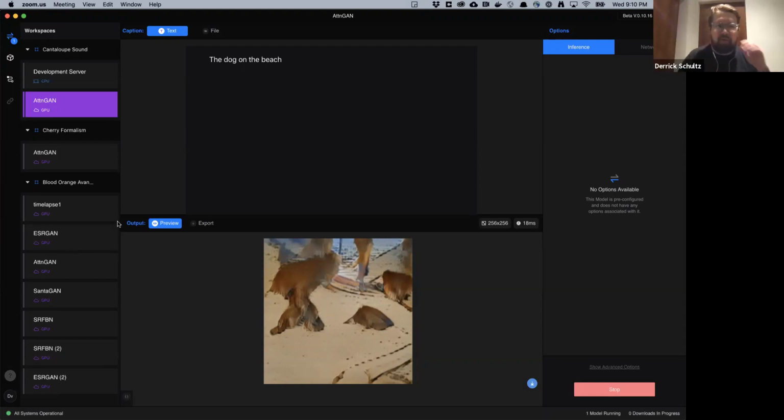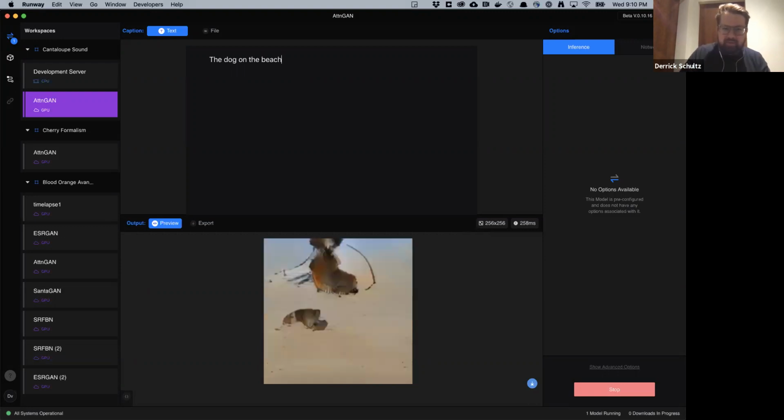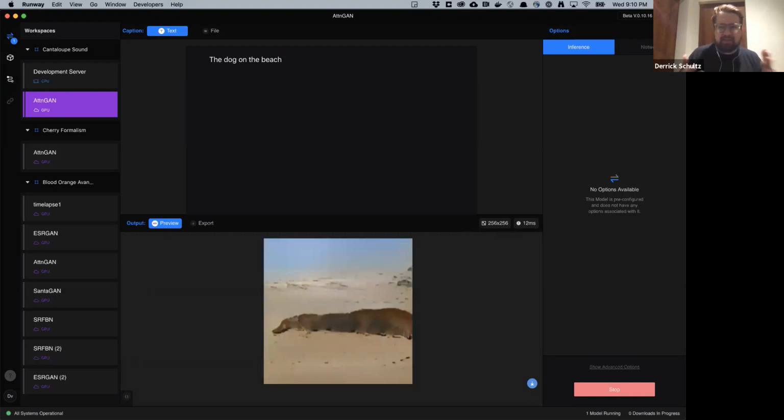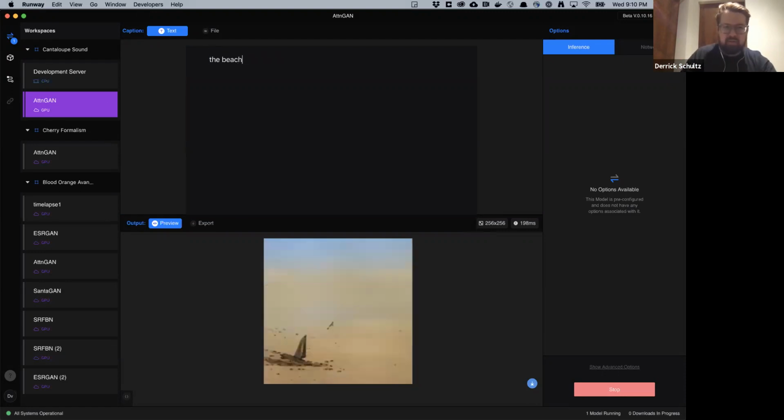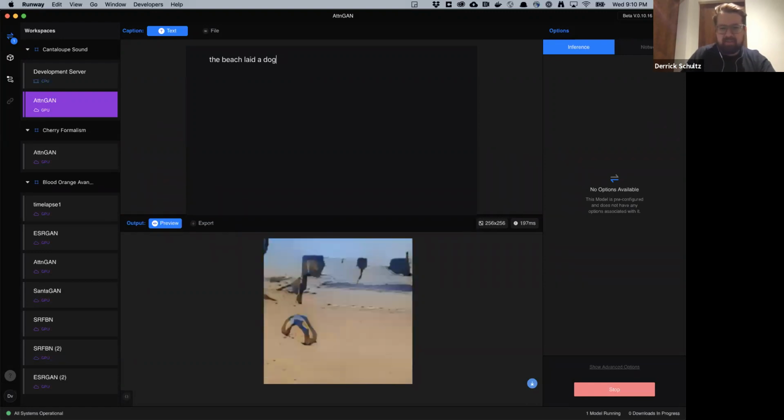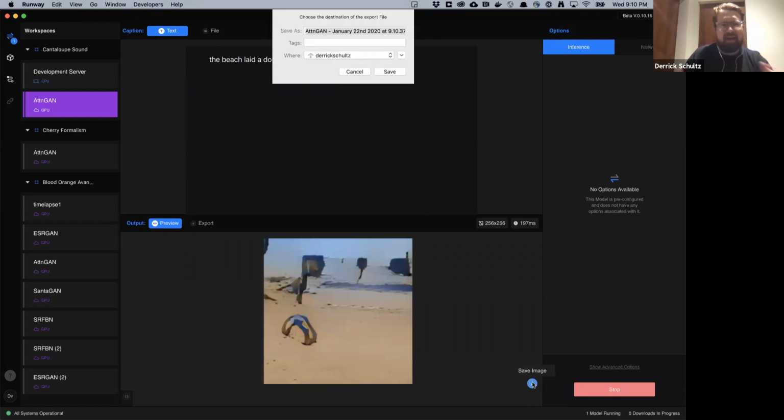Yeah, so I actually think it is what's called deterministic, which means it's static. But the difference is, if you had a space at the end, you get a different image than if you don't have a space at the end. And also if you reverse these, so the beach laid a dog. This isn't even a sentence, but it's something. Okay, that's interesting. Yeah, so it changes a little bit depending on the variations. Anyone else?